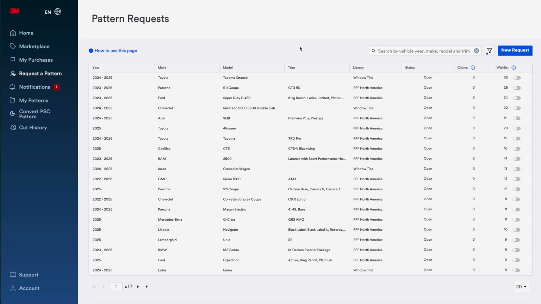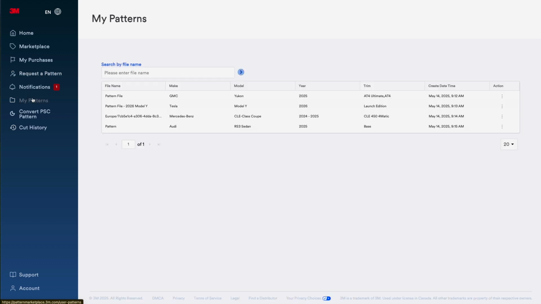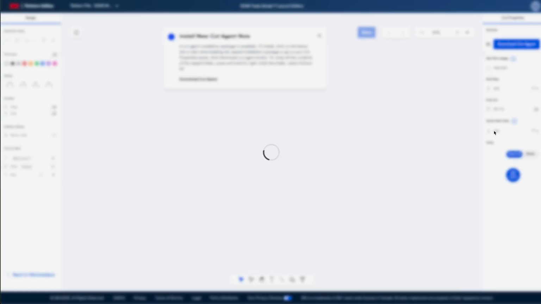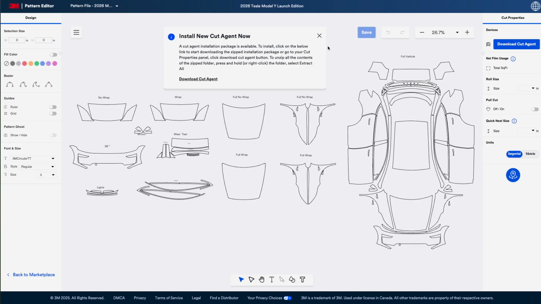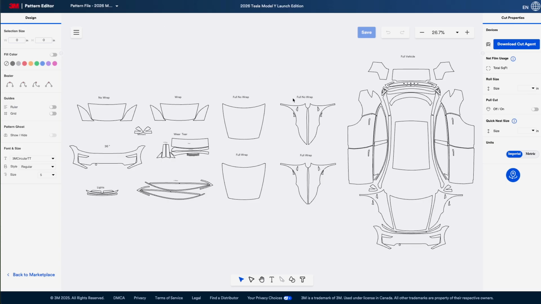Another great feature that's been incorporated into 3M's Pattern Marketplace is an area where you can save your most commonly used patterns. So if you've got day-to-day vehicles that you're working on, you can simply pull up your pattern from your saved area and it'll appear right here and ready for processing.